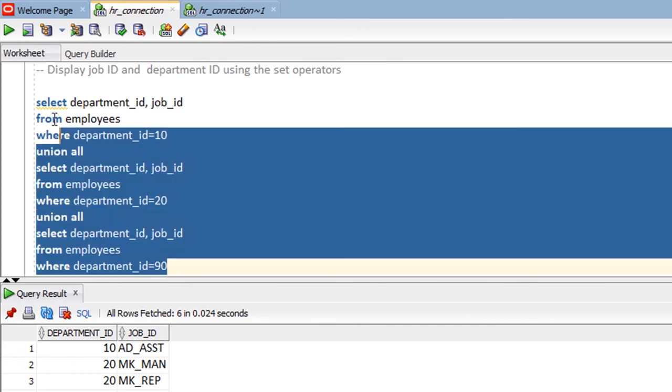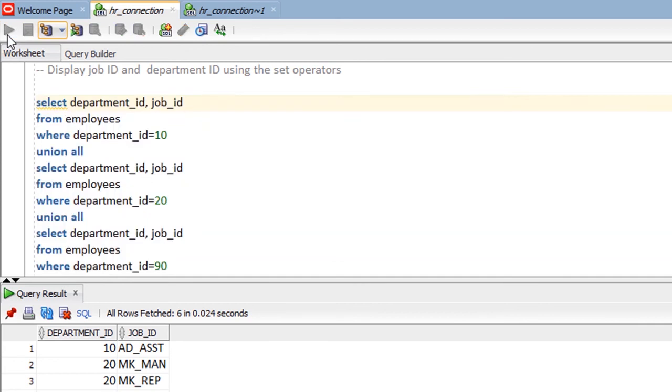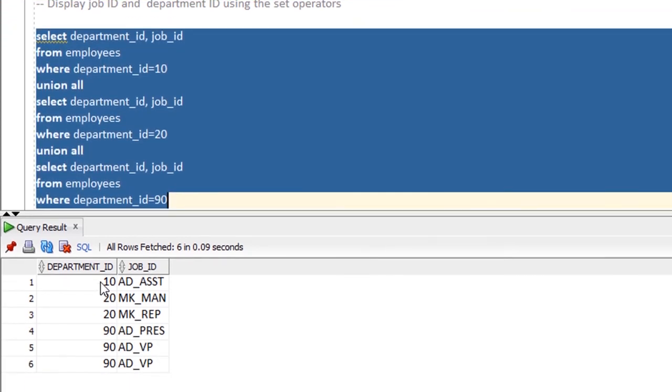Let's try to run the select statement here. So as we can see, this is the department ID and this is the job ID, and here this is department ID 20 and this is the job ID on department 20, and also